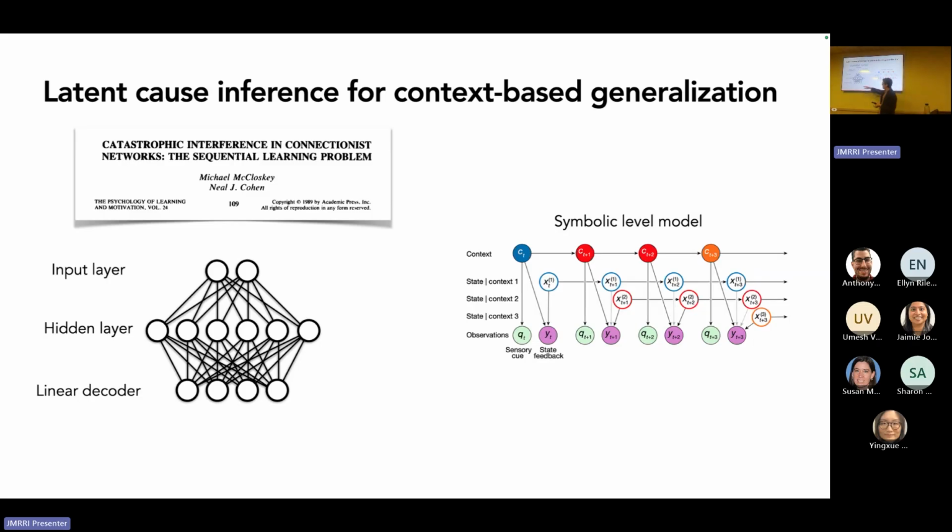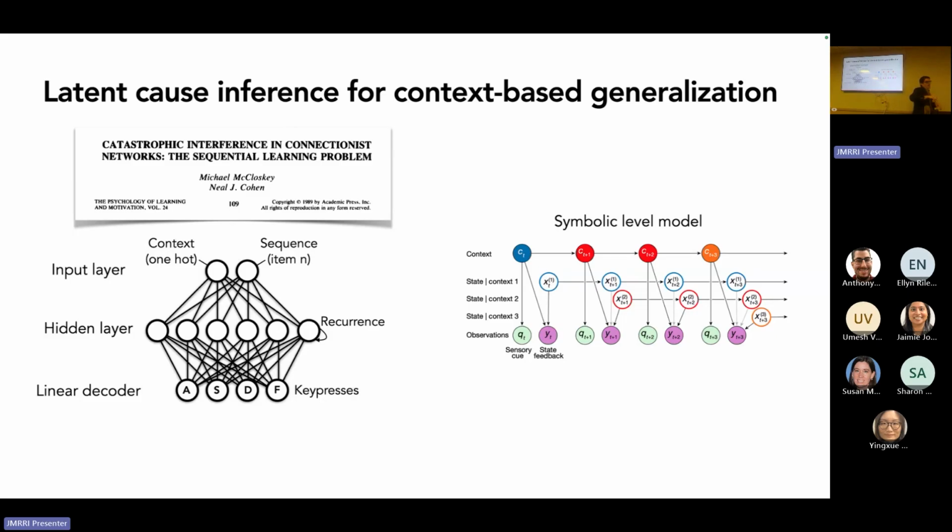But what you have is a neural network, simple ones, from 1989, just a simple Elman network or a simple recurrent network. You've got an input layer, a hidden layer that's going to be doing the learning, and then a linear decoder for what it's producing. And then in a sequence task, you can have inputs like, what is the context you're in, maze or melody, and you can have the sequence, which is the items that you're pressing. You have recurrence in the hidden layer, and then you decode the hidden layer to say you're going to press A, S, D, or F.